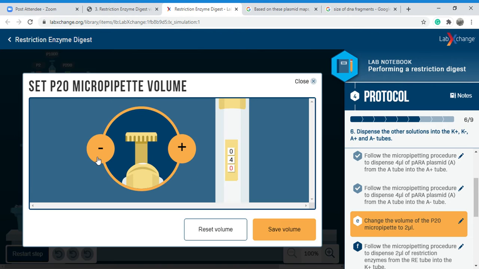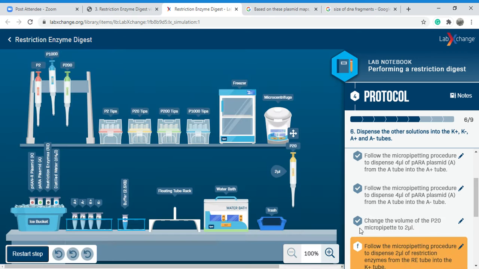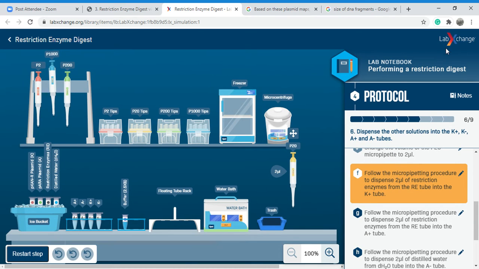Now we change the microliter back down to 2 microliters. We save the volume. Now we have changed it to 2 microliters. Now we go to the restriction enzyme, which is